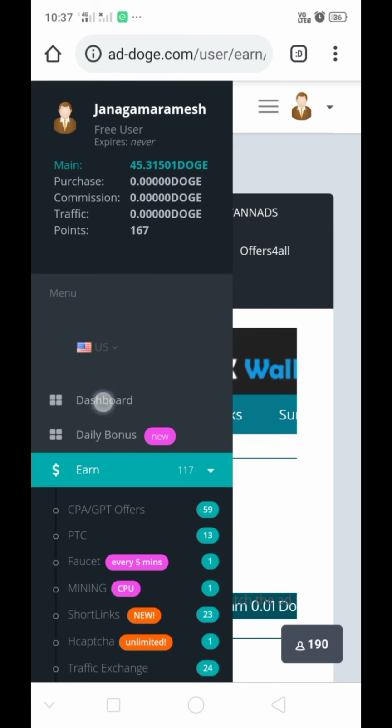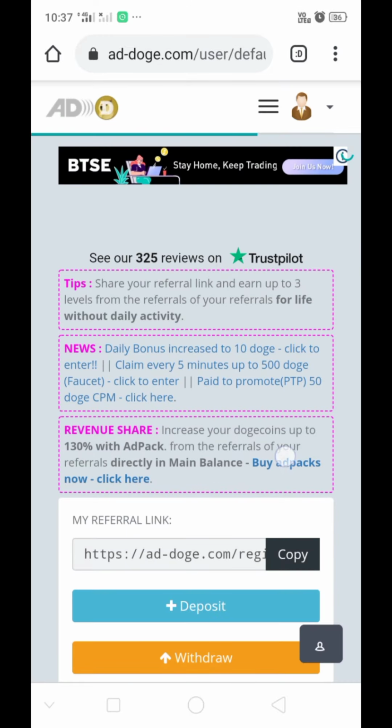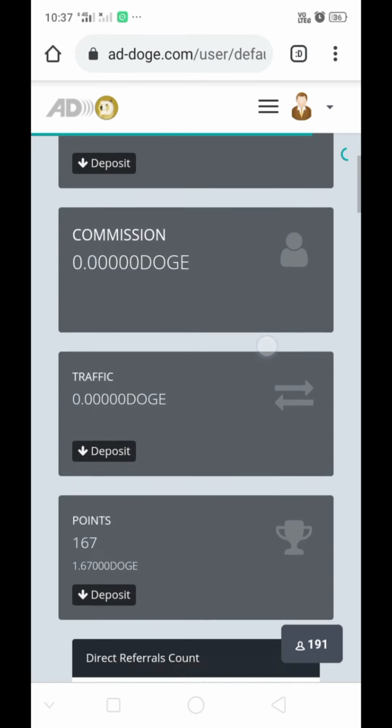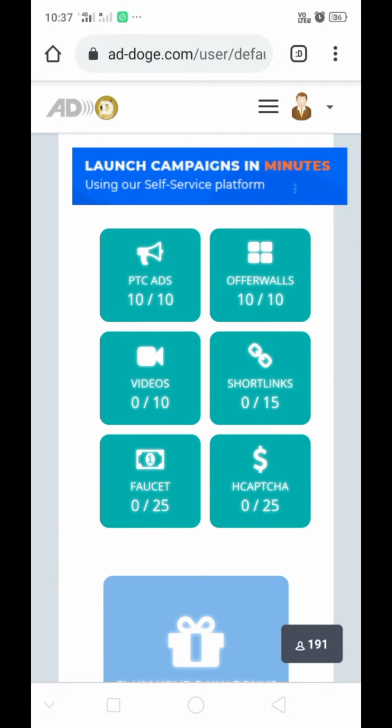Now go to menu. See there, my 10 offers are also completed. Now go to video ads.